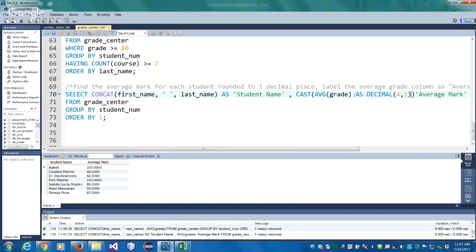I have tiny ints. Even if you think about 255, the mark can go only till 255. And averages will be less than 255. So 4 places are enough. So what does 4,1 say? 1 after decimal, 3 before decimal. So you're good. 999.9 is where you can go, and that's good enough for average mark because all your marks